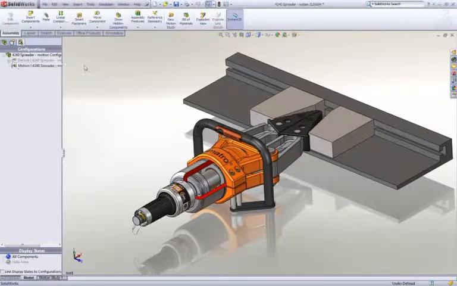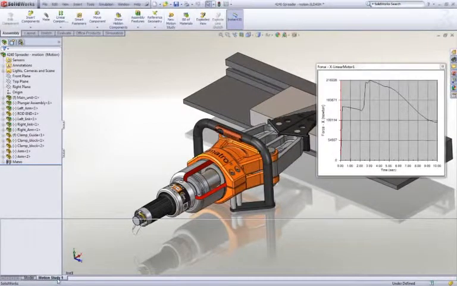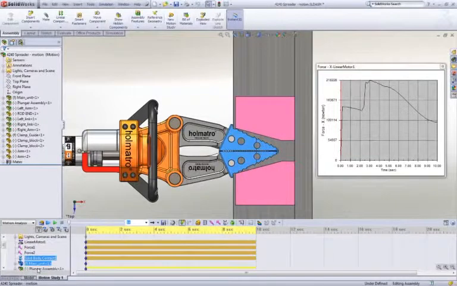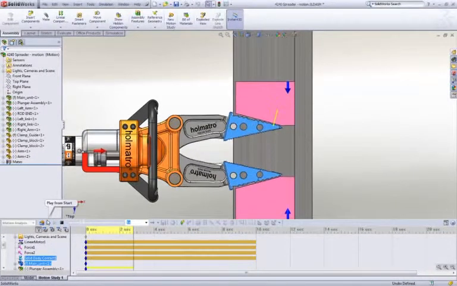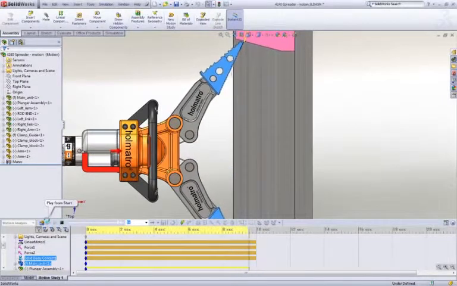Here we have a test fixture to determine the piston force required at different jaw openings to meet a minimum spreader force requirement. In SOLIDWORKS Motion, we need only apply an actuator to drive the piston through its range of movement, the desired spreader force on both blocks, and finally specify that the tips of the jaws and the blocks will contact. An accurate physics engine then calculates the resulting motion, forces, velocities, and accelerations.